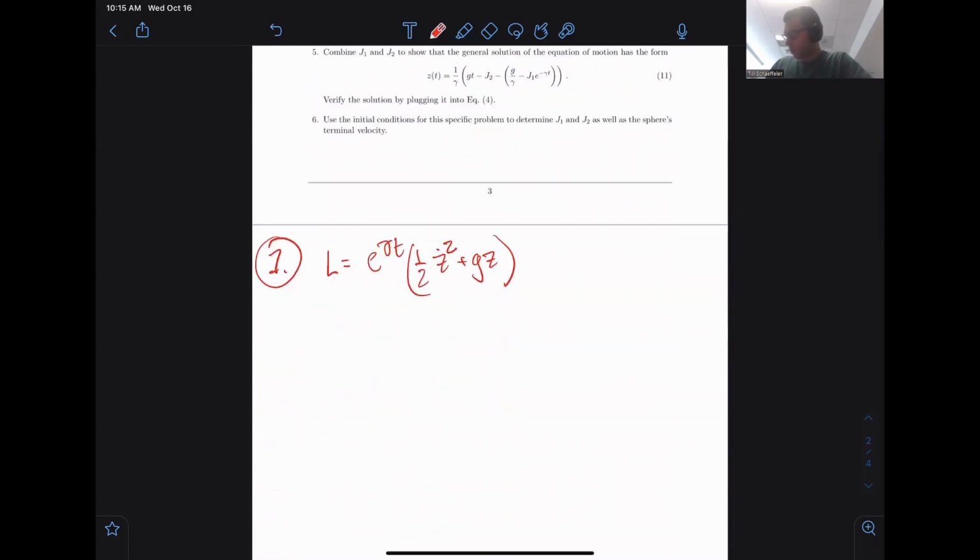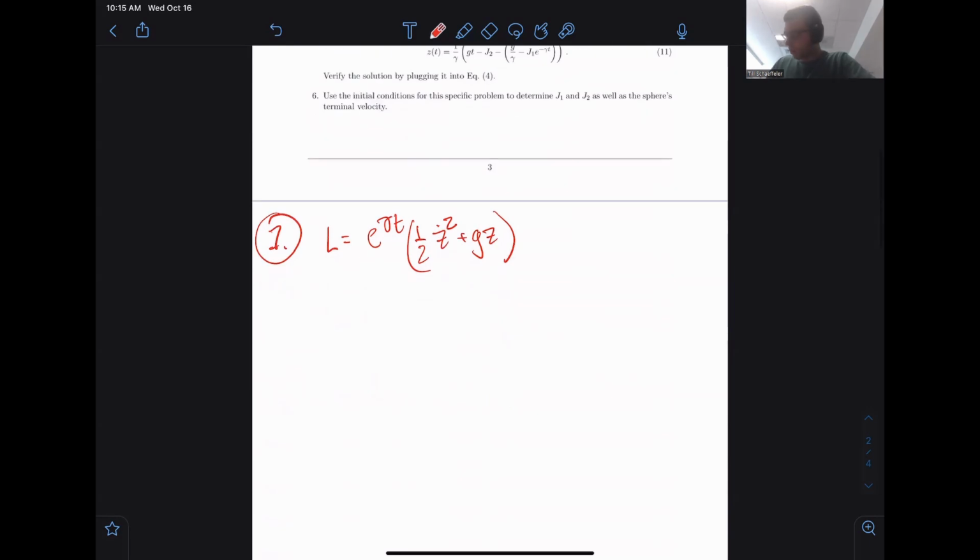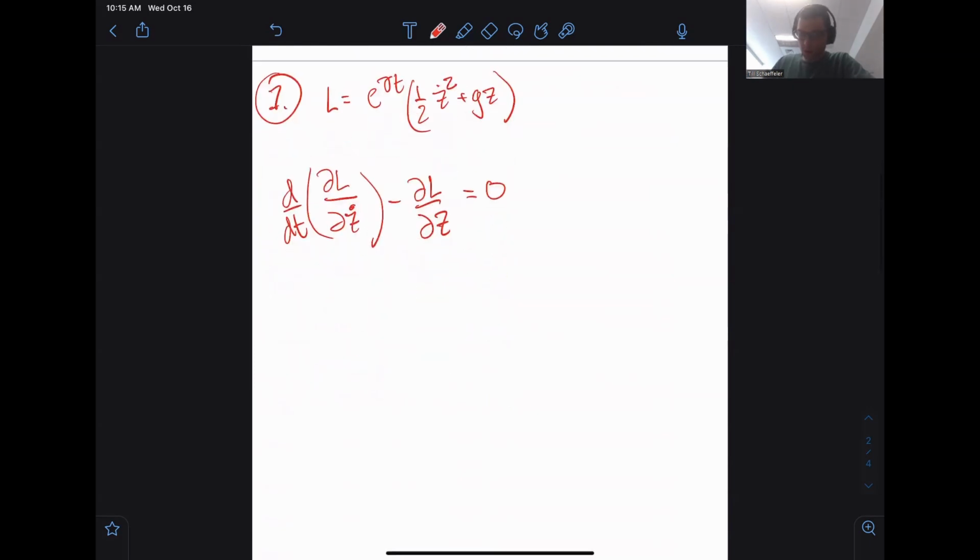To find the equations of motion, we just have to use the Lagrange equations. Looks like this. So the partial of L with respect to z is equal to